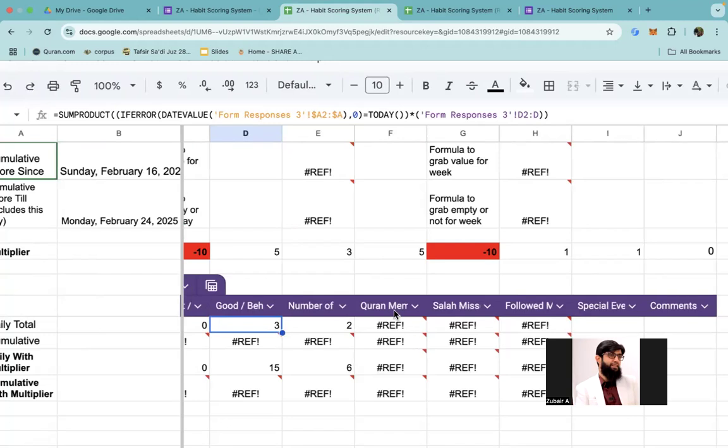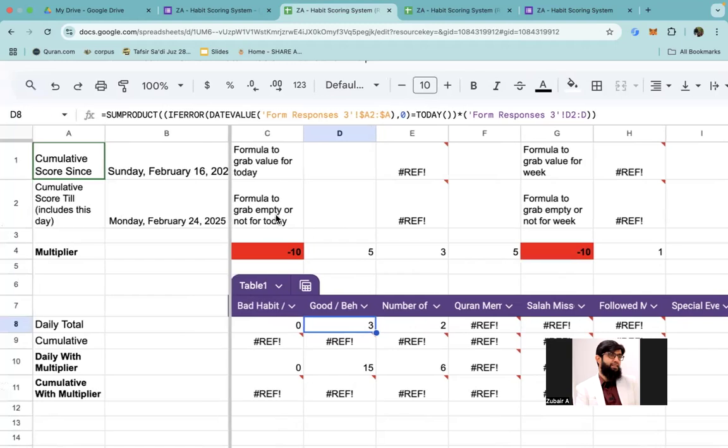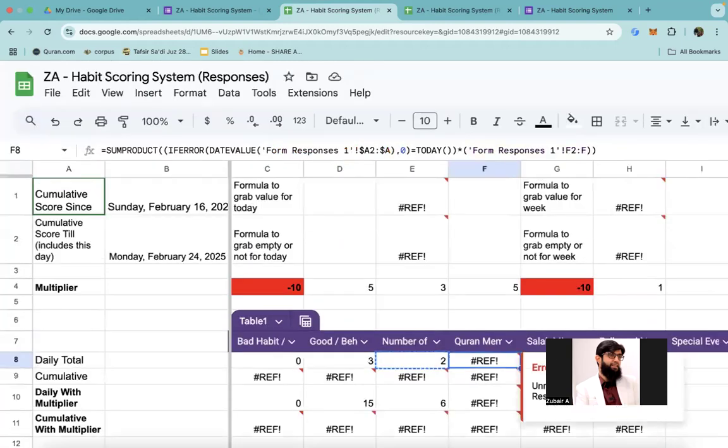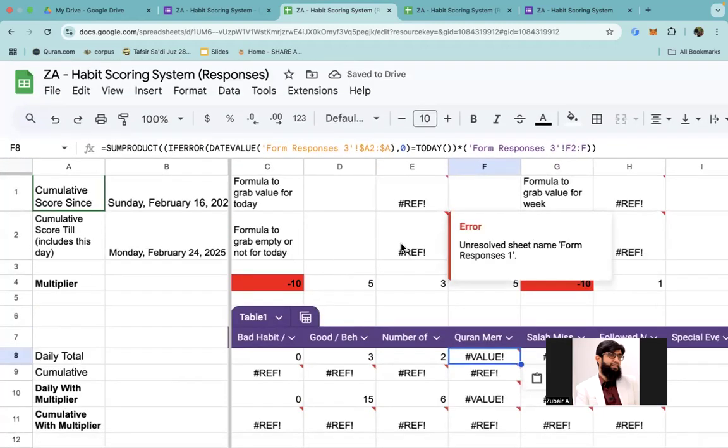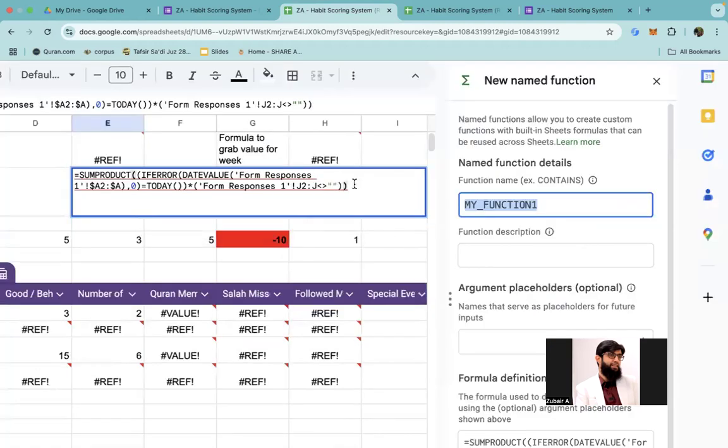Okay, now Quran memorization is a yes/no thing. So I want to take this formula. Okay, this formula checks if it's empty or not, instead of just taking the value, because if I just copy this, Control C, Control V, it wouldn't work. So I need a yes/no formula. Yes/no formula can be grabbed from here. Okay, so again, you will just take that,